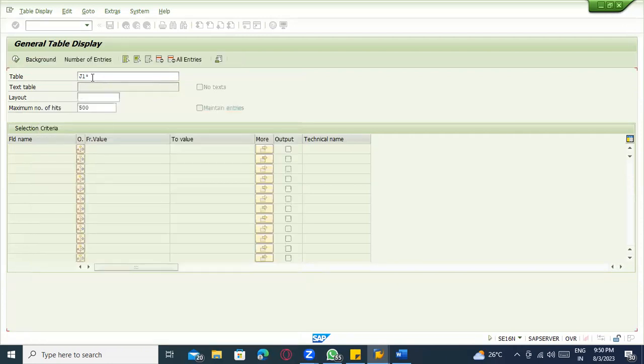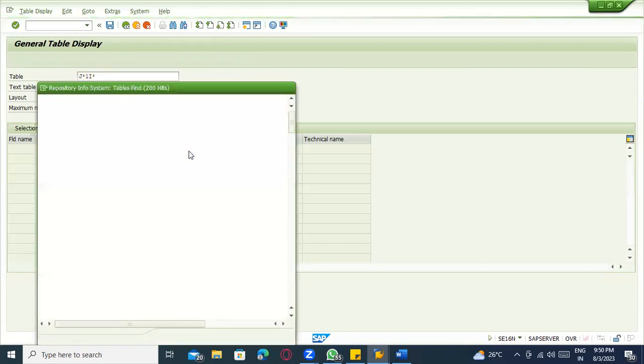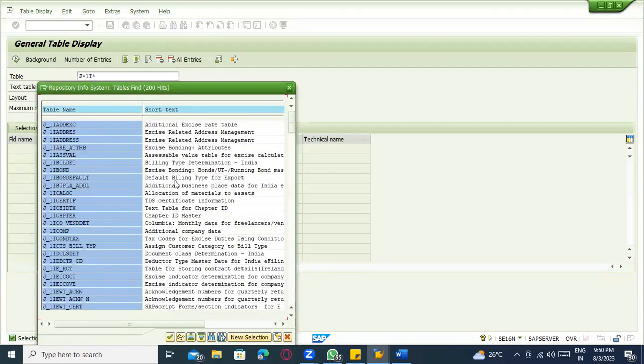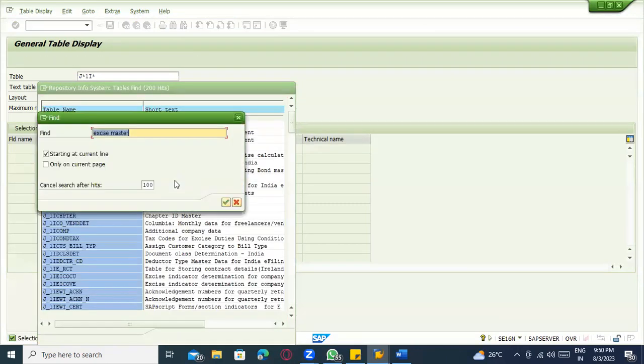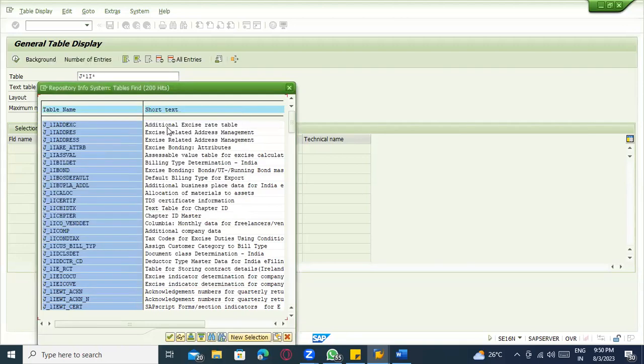Okay, J underscore one. You can see here there are excise details, additional excise rate table, excise related address management, and excise related.